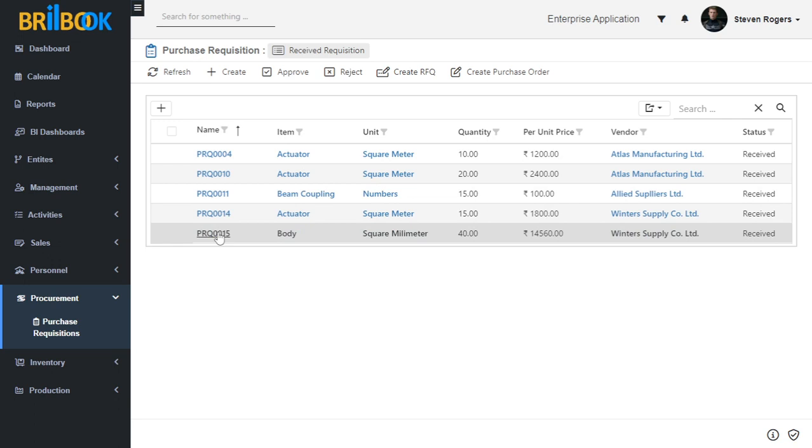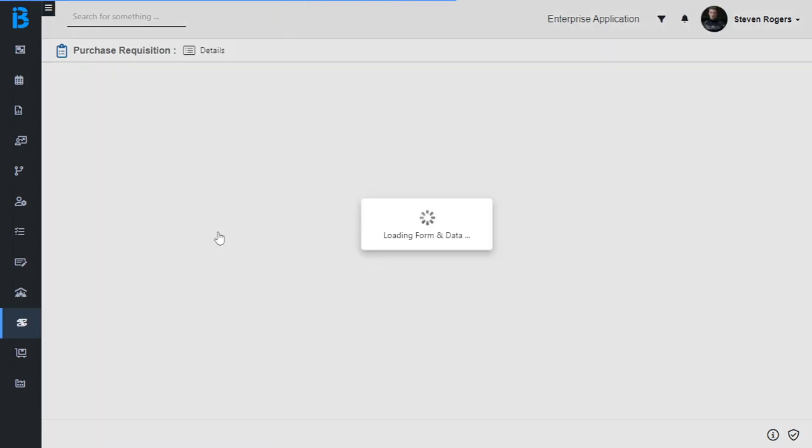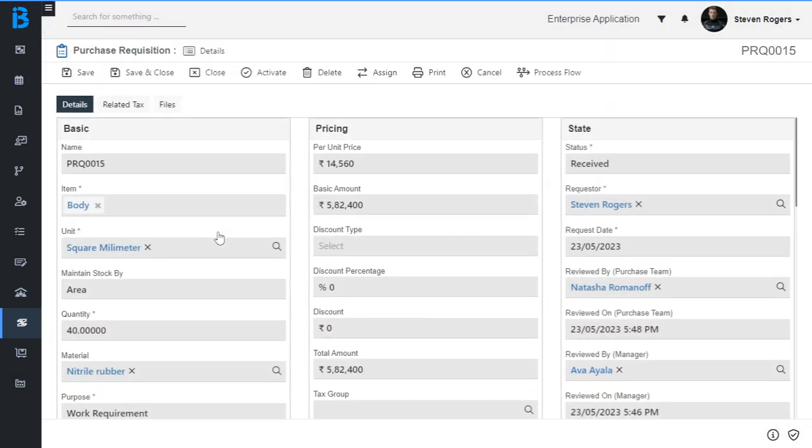Open the purchase requisition record. Here you can see the purchase requisition is marked as received.